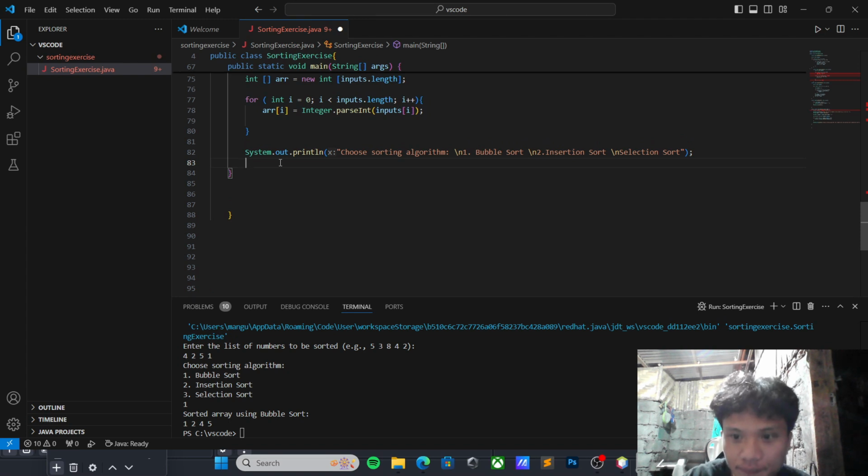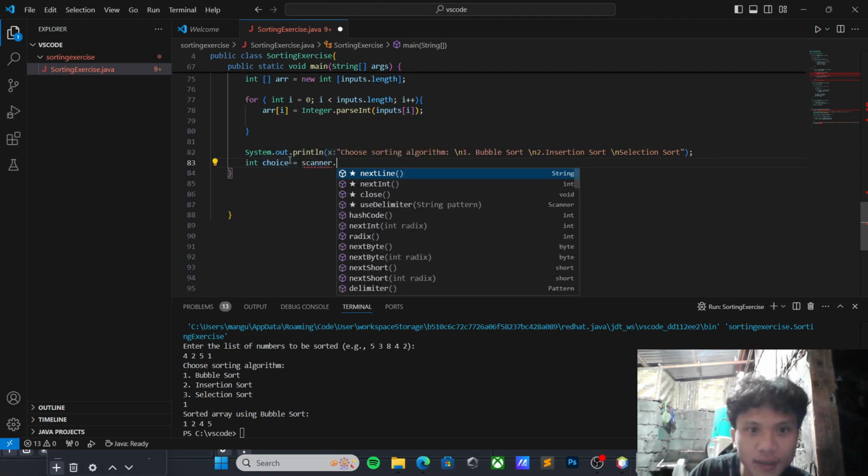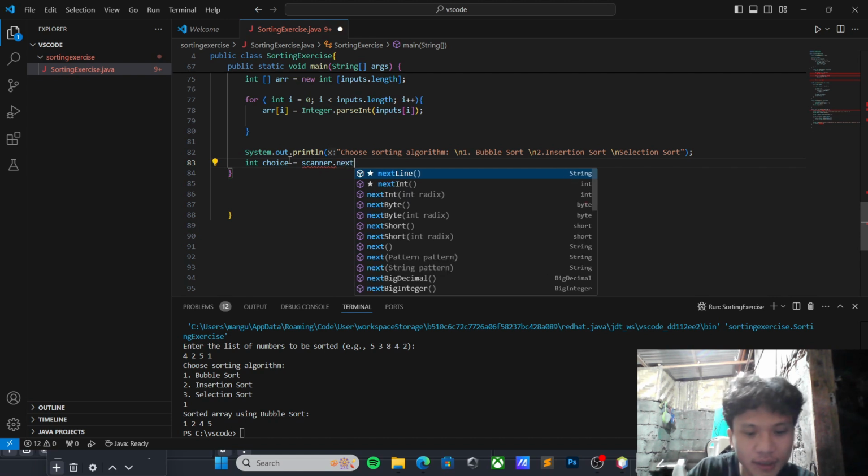Then we have to declare an int choice as our variable of this data type, then equal to our object scanner.nextInt.